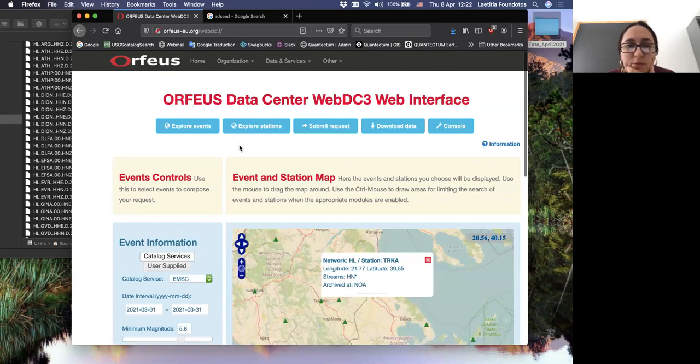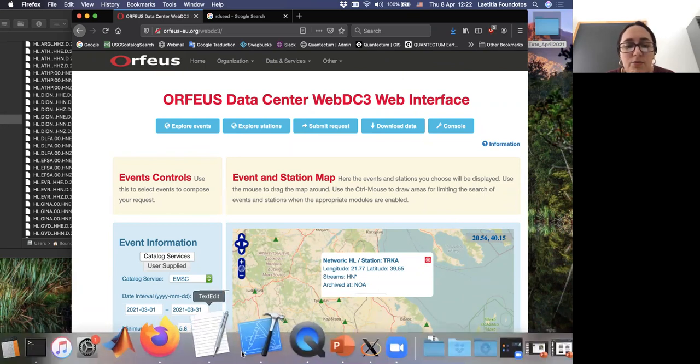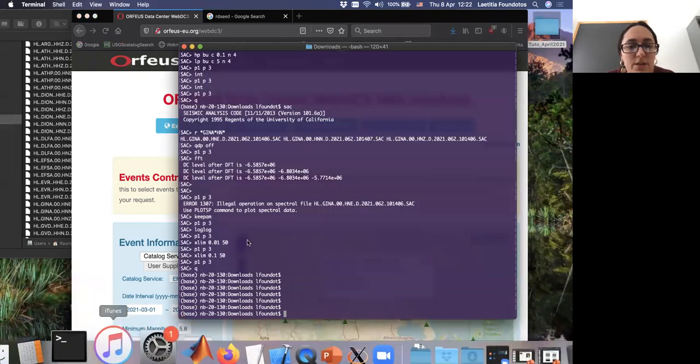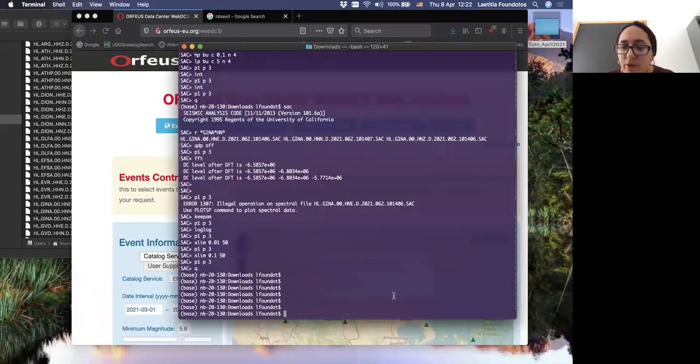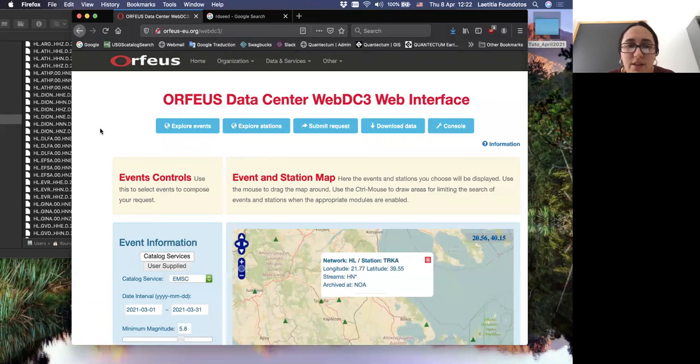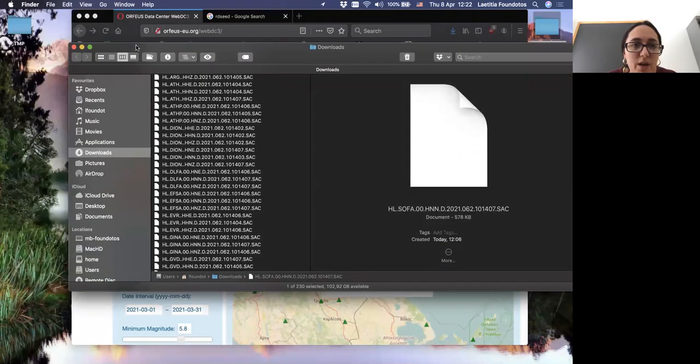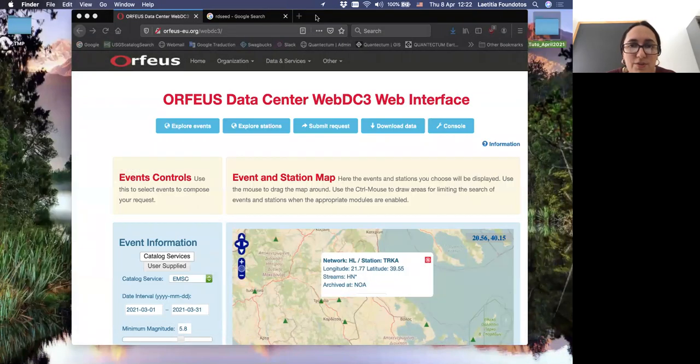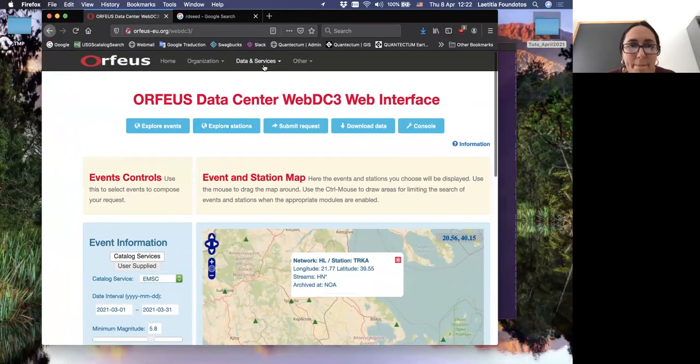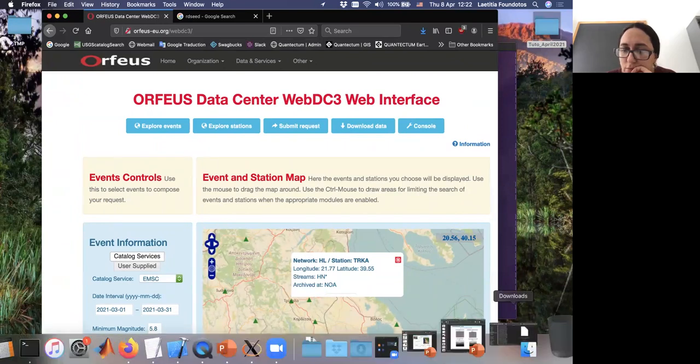And this web service looks user-friendly, because most of the time when you want to get data from the internet, you will have to do it inside your terminal with some command line, with, for example, wget or curl, which is something different. Or sometimes data are not freely available, and you will have to contact the institute directly to get data. So, okay, maybe do you have some questions for me?